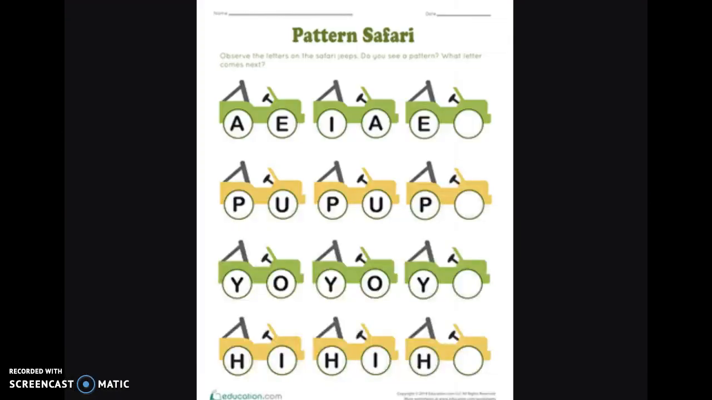Oh, look at this. Patterns in our alphabet. We are not going to look at the first line, but look at the second line. In the second line we have a P, then a U. A P, then a U. A P, and what comes after? A U. That's correct. And the same thing goes for the third line. Y, O. Y, O. Y, O. And we'll continue on to our next